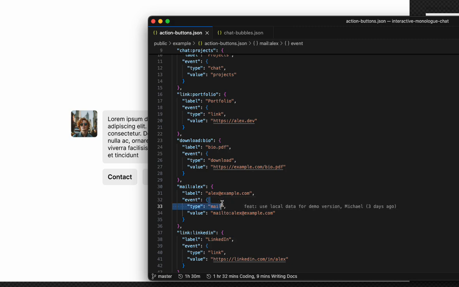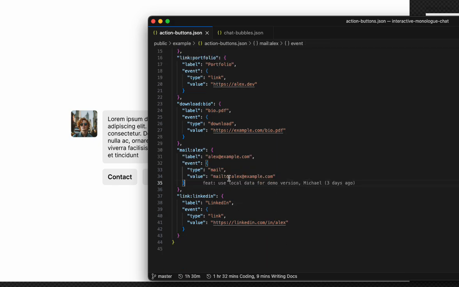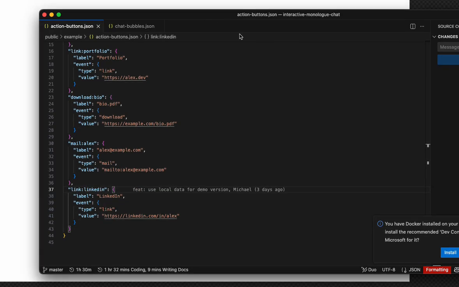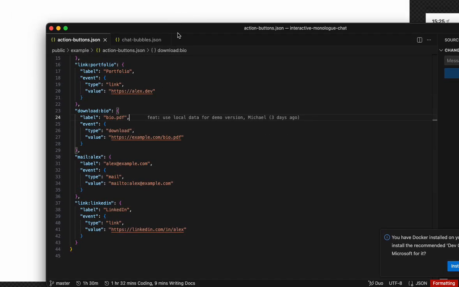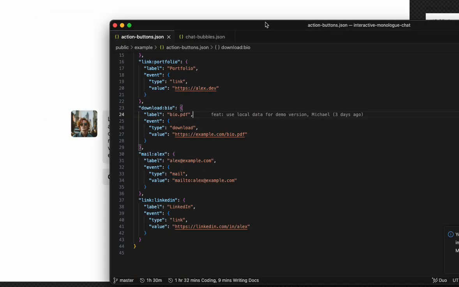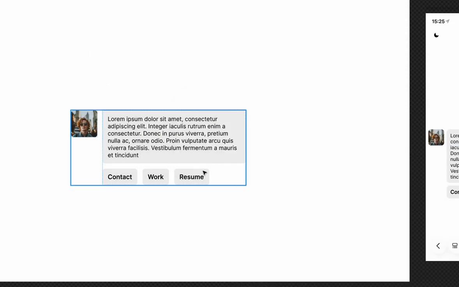Oh, I also have mail here. So if you click on this button, you're just going to open the mail program. It's a special link, I would call it. And that's how that works. This is the backbone of the whole thing. You have to set up a server where you're serving the JSON to another project I've built, the actual project, because this is just feeding the actual project with data,